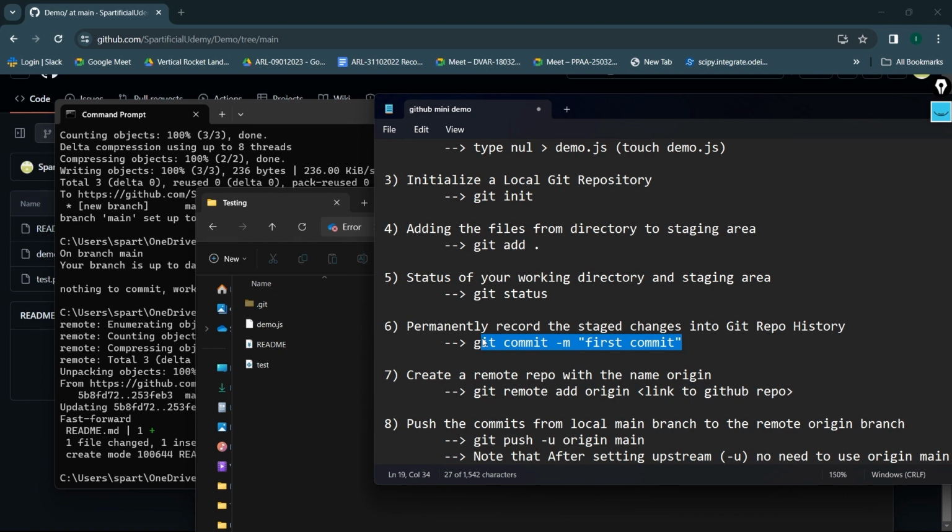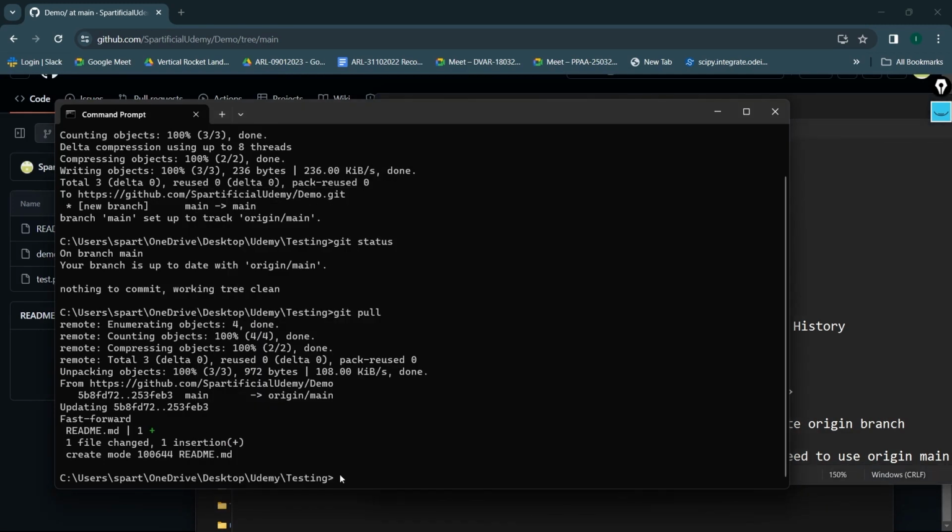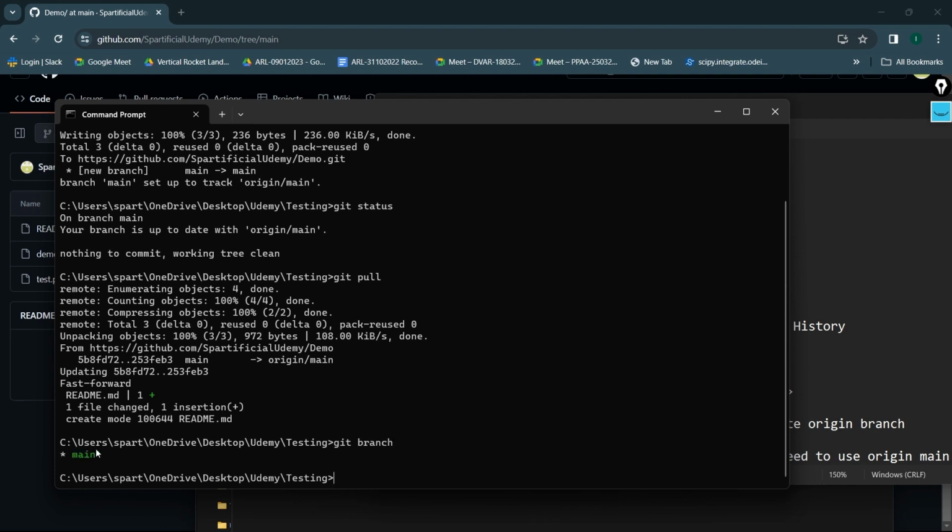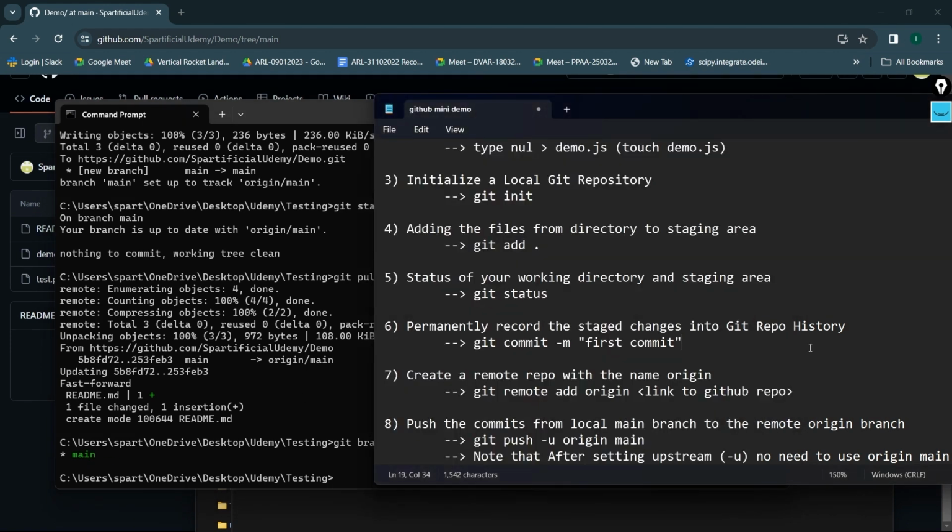And after these 3, there were 3 more lines of code. One was with respect to setting your current branch to main if it's not already on main. So if I can show it to you right now, what is this, git branch? You can see that it's already main. So if in your case it's master, you need to run that one more command that was given to you while creating your GitHub repository. But if it's already main, then you can go ahead and pass this particular